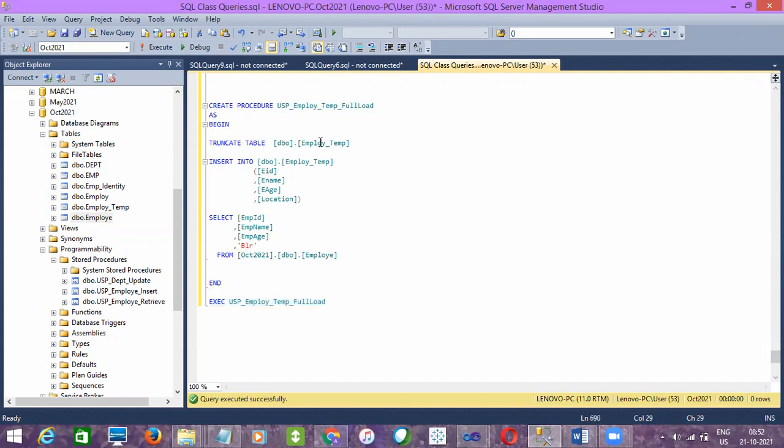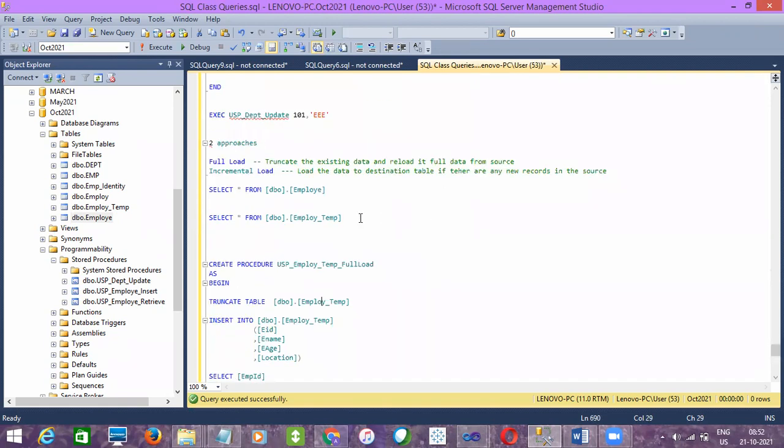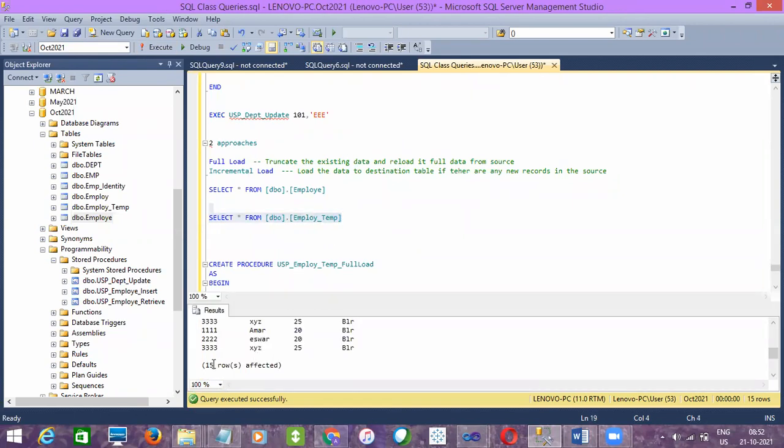Fifteen rows affected. Now let's select data from the table. Can you see 15 rows? Every time now you can see only 15 rows, right?